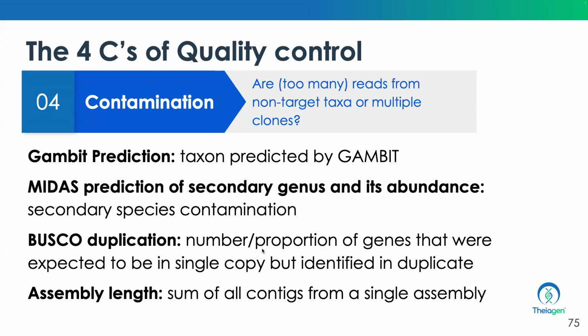And finally, the assembly length. So sum of all the contigs. The assembly length should also give you an idea of whether it's your target organism, because you know what you expect in terms of the length for that pathogen. So either being too long,